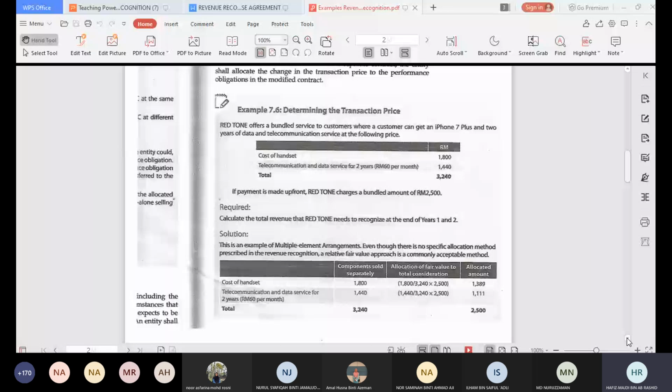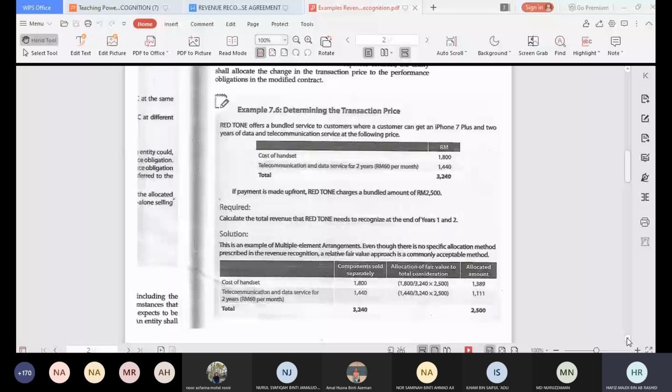So for 2 years is equivalent to 1,440. So on standalone prices, the cost will be 3,240. However, of course, if it is purchased as a package, then the cost for both is only